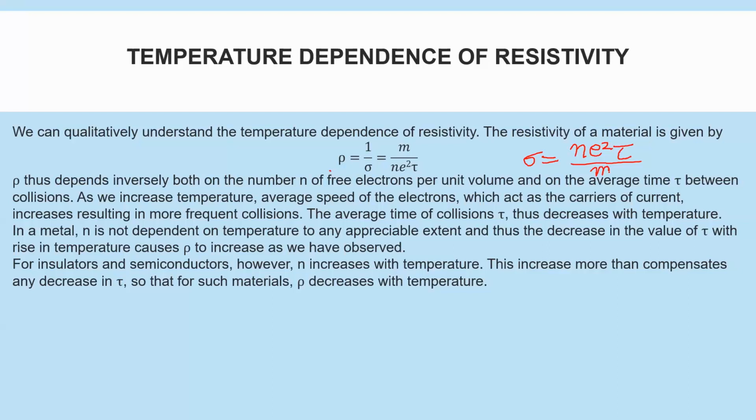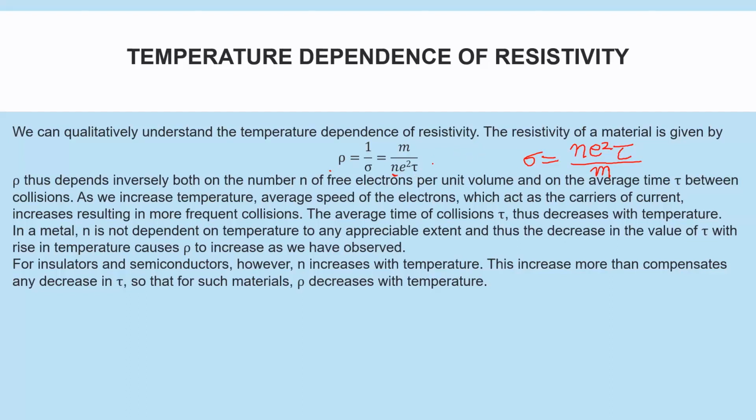So this is your sigma, your conductivity. Inverse of this is the resistivity. So we can see that the resistivity inversely depends on the number of electrons per unit volume,